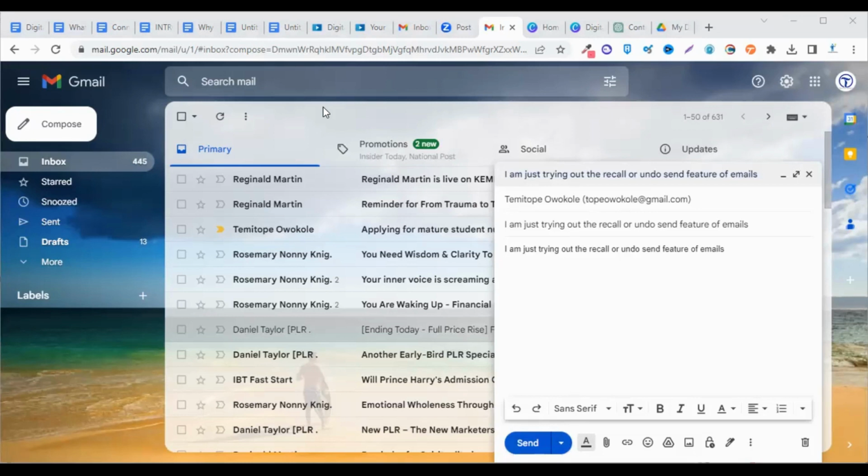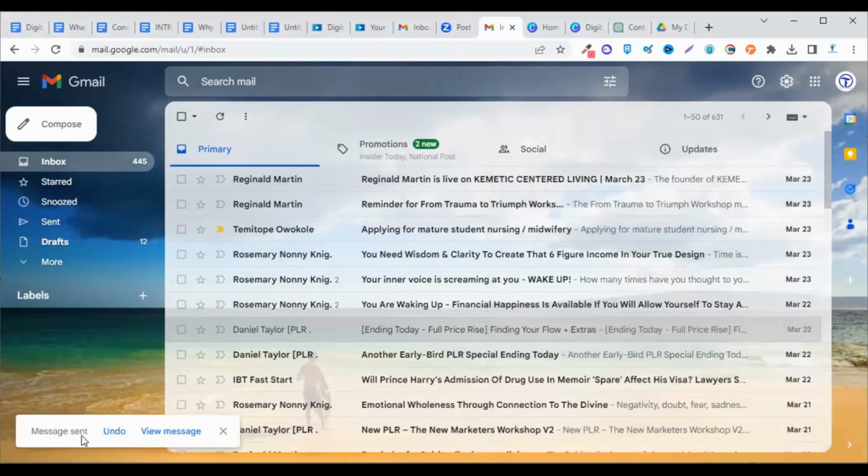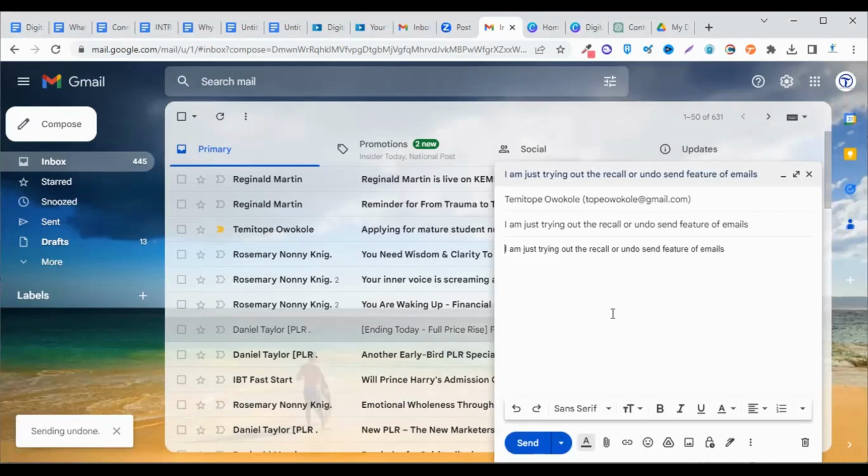All right. So in your own case, just set it at 30 seconds. When you hit send, it's going to show you sending, message sent. Then you click undo as quickly as you can before the 30 seconds elapses. So you then have the opportunity to either correct what you want to send, then resend it, or you delete